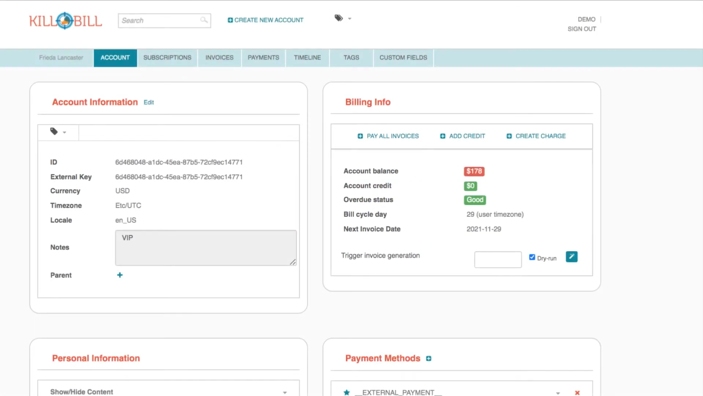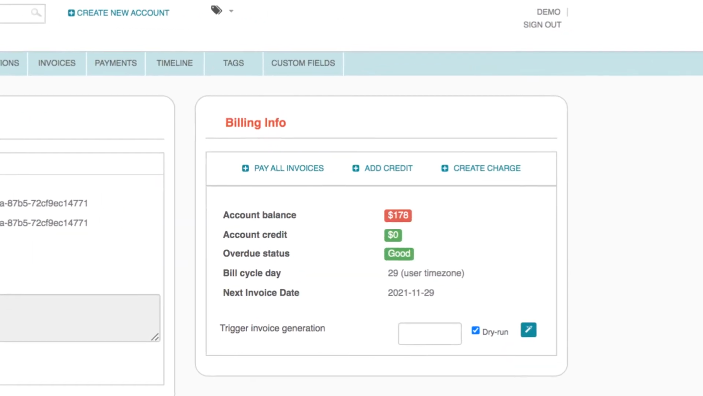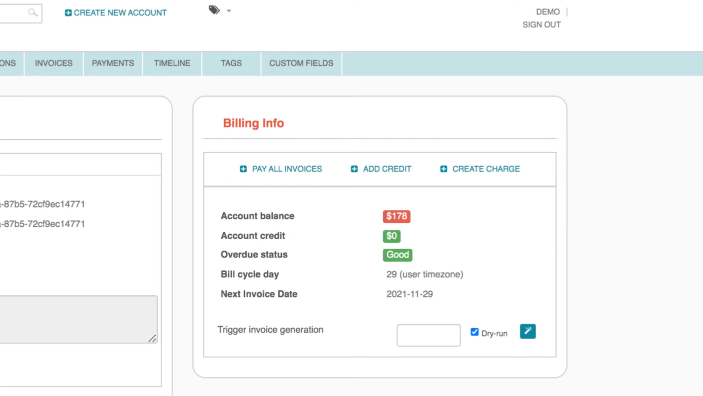This tutorial is for new Cowie users and explains the billing info section on the account page. What you see and the actions available in this section depend on your user roles and permissions. The billing info section on the account page provides an easy way to add a charge or a credit on